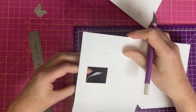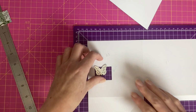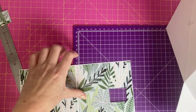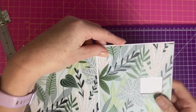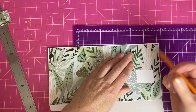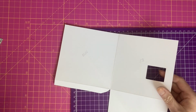Okay, so that's cut that away. My butterfly fits in there nicely. I have no idea if this is going to work or not. Then I'm thinking if I take my section 2, because these are the 2 panels which are going to be stuck together, make sure I get the corners lined up. Then I'm going to draw through the aperture that I've just cut, like so, cut that square away, and then